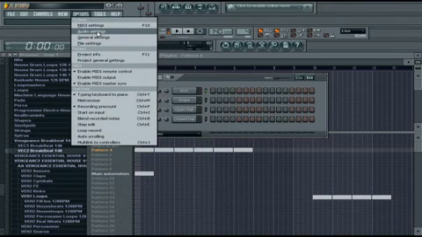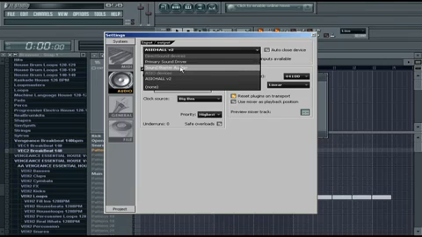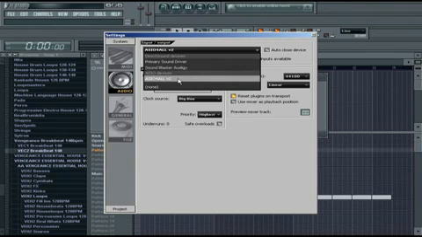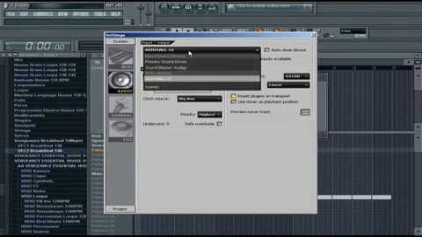Also, let's go into audio settings. Now, if you can use ASIO for all as your input-output, that is recommended. It's much better than the primary sound driver or your Sound Blaster, Audigy, or whatever your DirectSound device is. ASIO for all is really good. I recommend it, but it might not be available to you. If it is available to you,